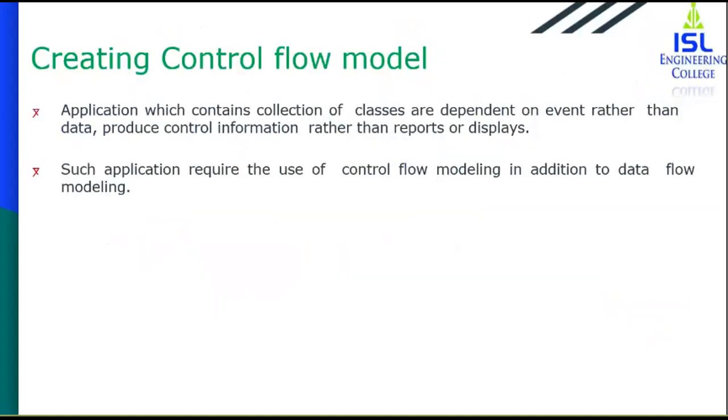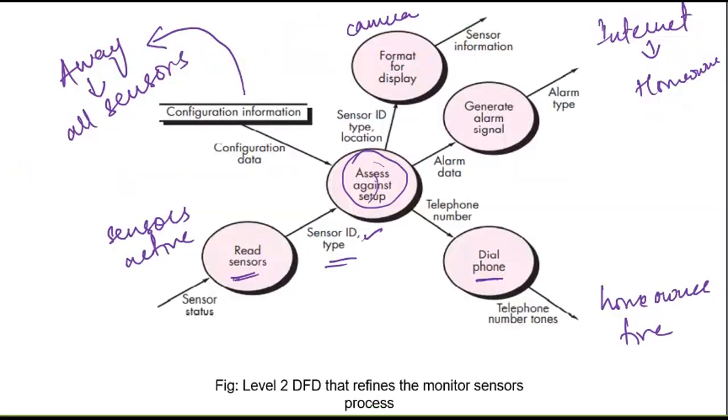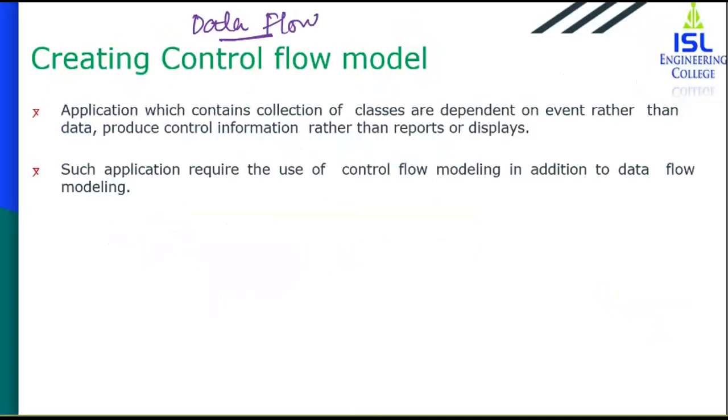Now we have studied data flow diagrams, right? The name says how data is flowing from one entity to another entity. Here we have seen that it is taking the input, then generating the output. So we have seen how data is flowing. Whereas within control flow, we are going to see how control flows from one entity to another entity. For many applications, DFDs are necessary because you need to know how data is flowing from one entity to another entity.